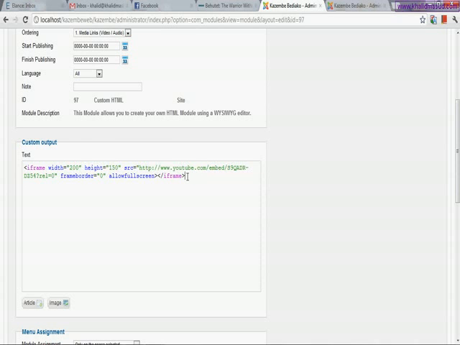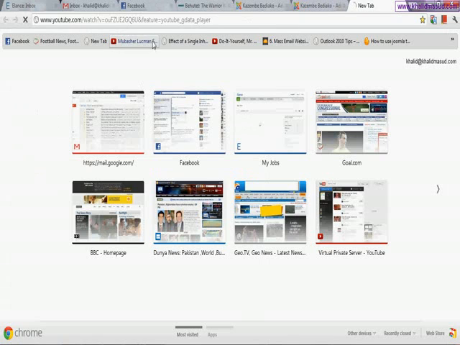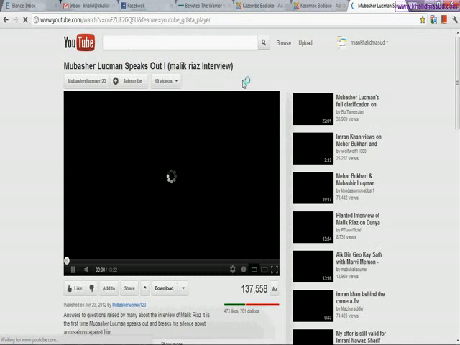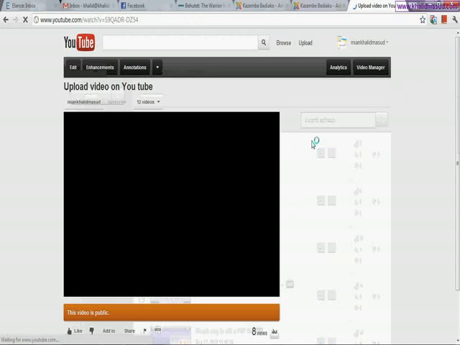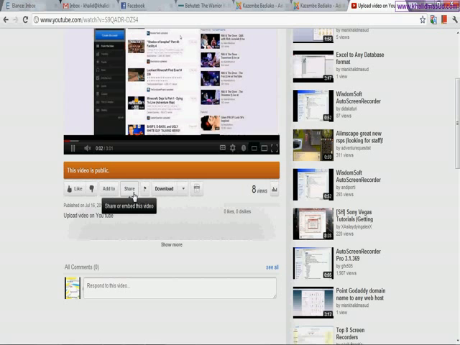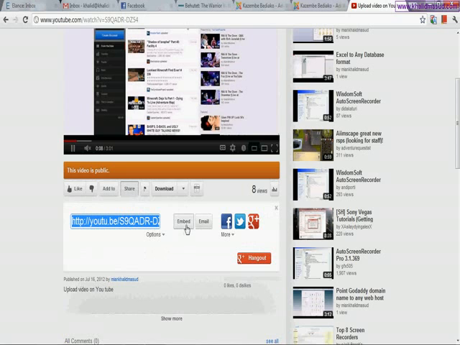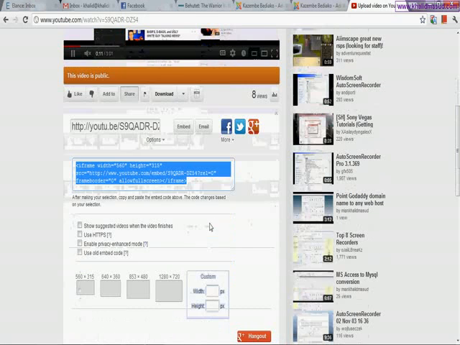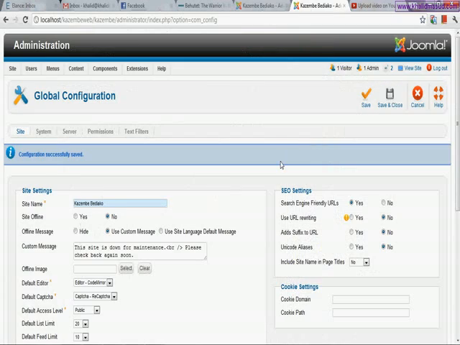Similarly, how I have pasted this video here is very simple. You just need to go to youtube.com and select the video that you have uploaded, and you can see that here is a button which says share your video. You just click here, and then there is a button, embed this video, and this is the code which YouTube has given me to embed this video on your website. But if I embed this video with this code as such, that won't work properly.